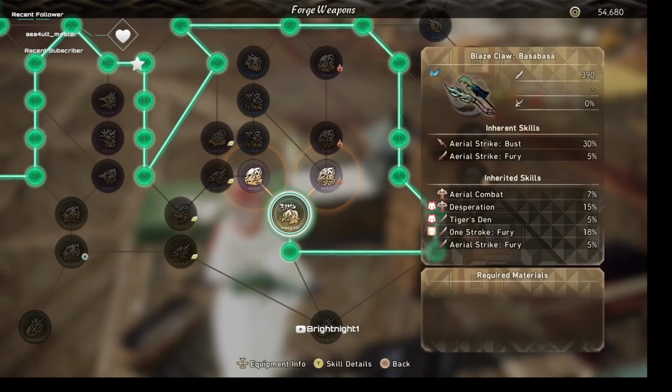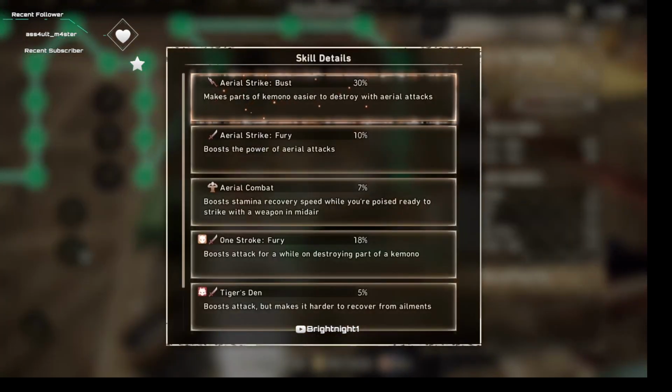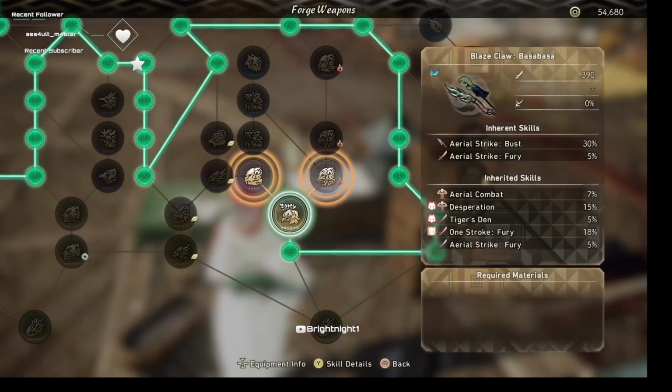Before I move on to anything else, I want to just say right now, mandatory on this build: desperation, mandatory. One stroke fury, mandatory. One stroke fury is 18% attack after breaking a kimono apart, and this weapon excels really well at breaking a kimono apart. Desperation is just 15% damage bonus at the cost of you taking 15% more damage. I will say there's an argument on this build to run